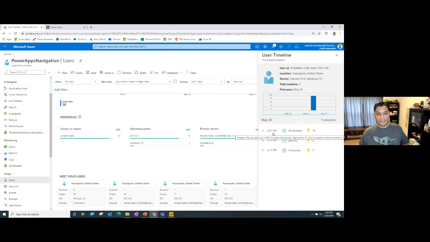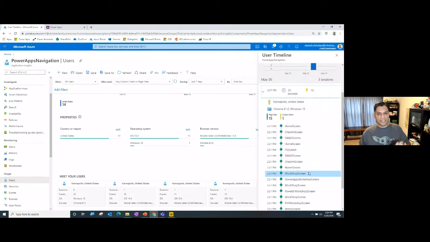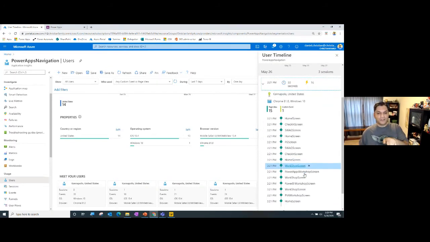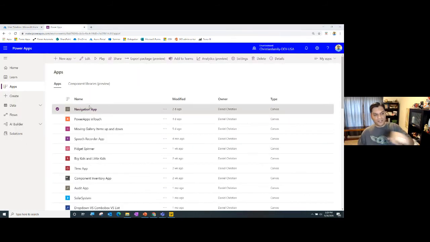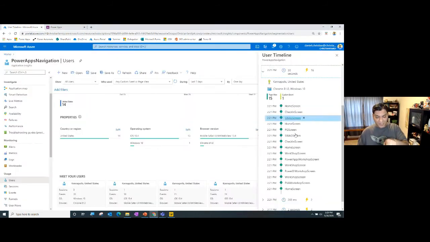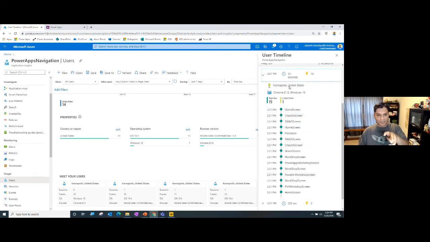Now, it's not only telling me the timestamps, but it's also telling me how many times that person was there in the app. But let's not just stop over here, because watch this. This is going to blow your mind. I'm going to expand this, and it gives me detailed information of everything that user did in that app. And it is so accurate because right there in that app, it is even pulling in the screen names I had, the exact same screen names that I had shown when I logged in over there and into the studio. These were the screen names I put in. And so look at the detail. It said that this person logged in using that, he or she was in this location, logged in at that time.